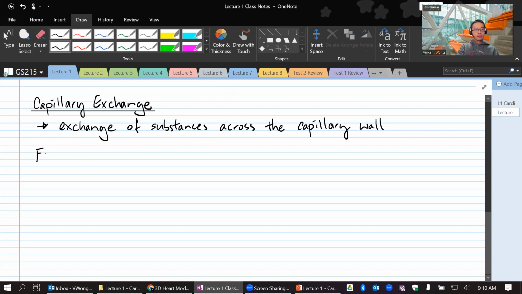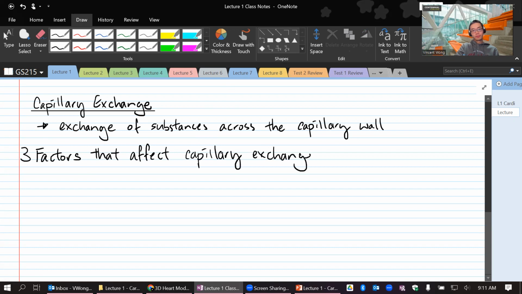So we're going to look at three factors that affect capillary exchange. Okay, there are three things that will influence what goes in and what comes out of the capillaries. Now, the first one